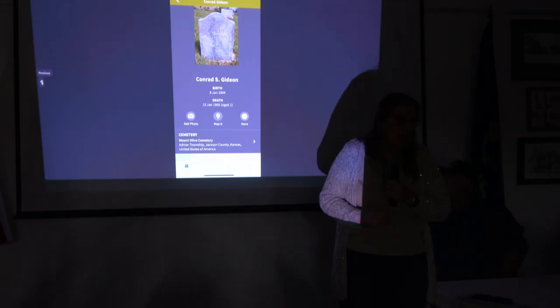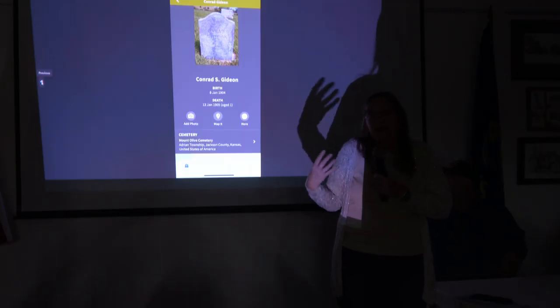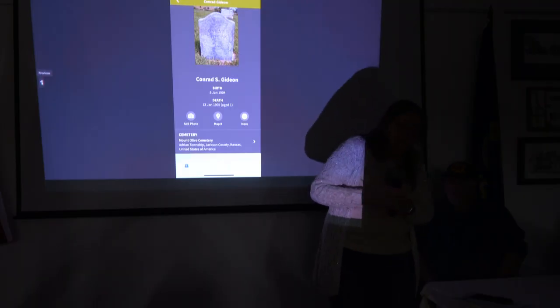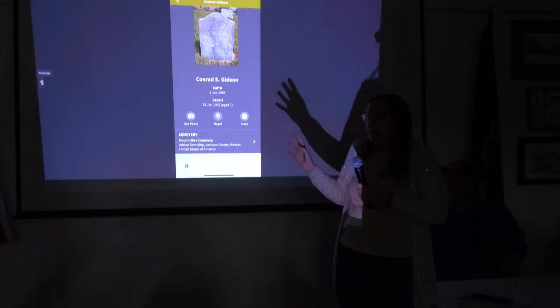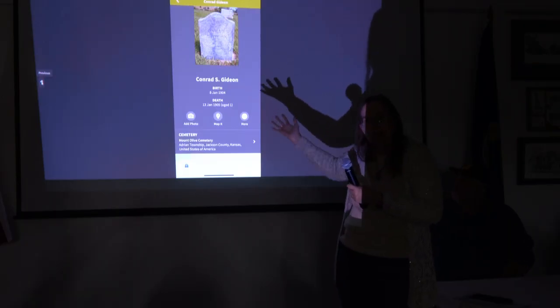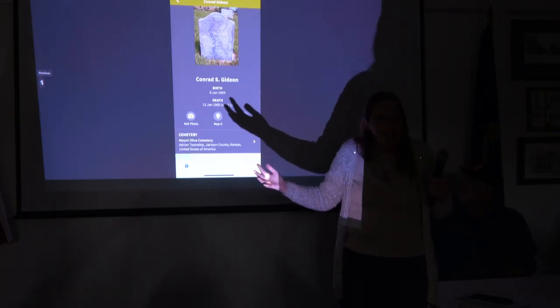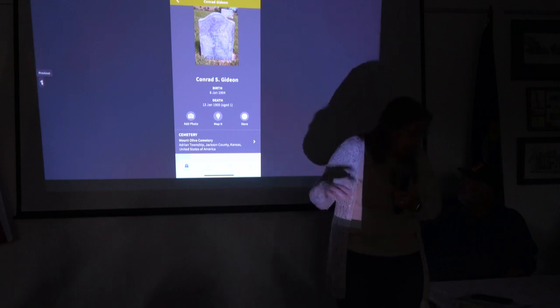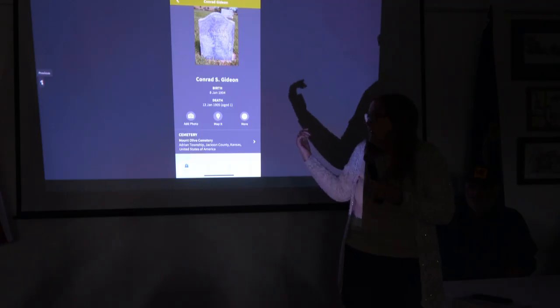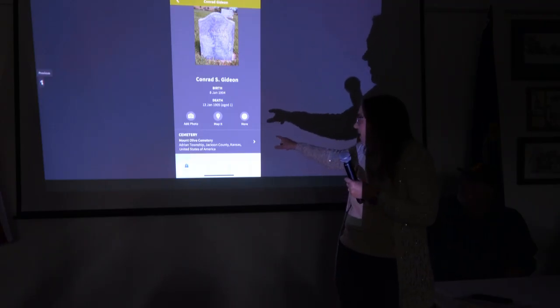So I traveled to the cemetery, and I looked and looked and looked, and I couldn't find the tombstone. It's a small cemetery, and I wondered why this tombstone wasn't there. So I got on my phone. There is a Find a Grave app. I looked it up, and he's in Mount Olive Cemetery.